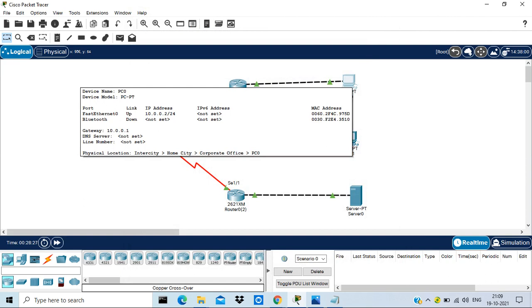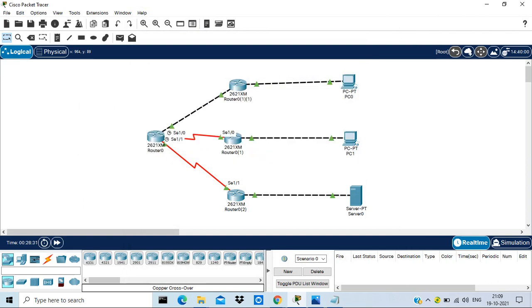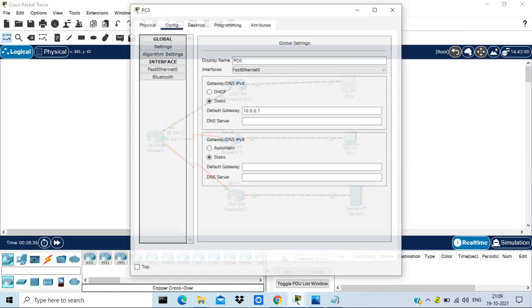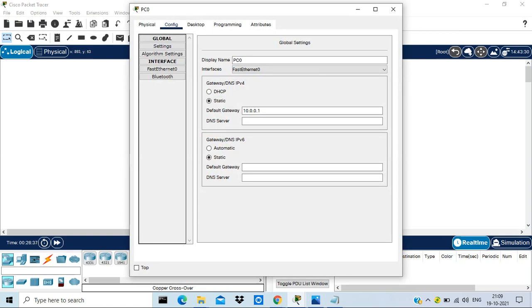If I keep my mouse cursor on the PC, it shows the IP and the gateway. And you can check whether the communication is fine just by pinging your gateway. Even in an actual physical network, we check the network connectivity. Whenever we have trouble connecting to the remote side or to the internet, the first thing we need to check on the desktop is whether the IP address, subnet mask, and gateway are properly configured.